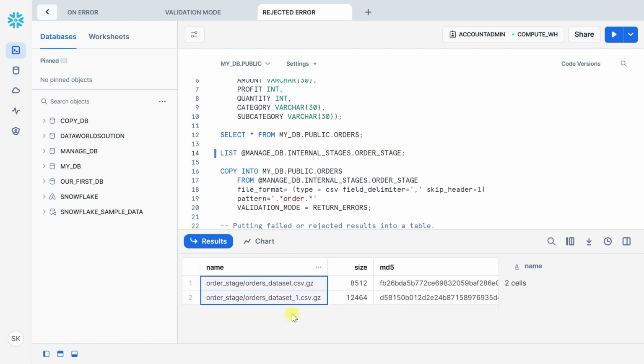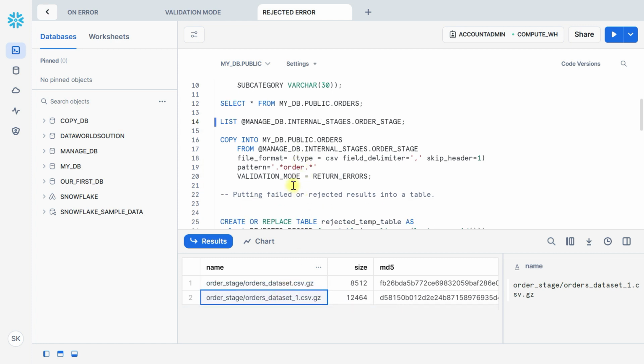Two data files are available. One data file contains errors and the other does not contain any error. Here I am using this statement to load data and see the error that occurs in this data file. I am using the COPY INTO command, this is my fully qualified table name, and this is the internal stage where the data file is available. The file format is CSV with field delimiter comma, and we want to skip the first header, so we use SKIP_HEADER equal to 1, and we use PATTERN here. This is a wildcard, because the file name is order, so we use order to load what file at a